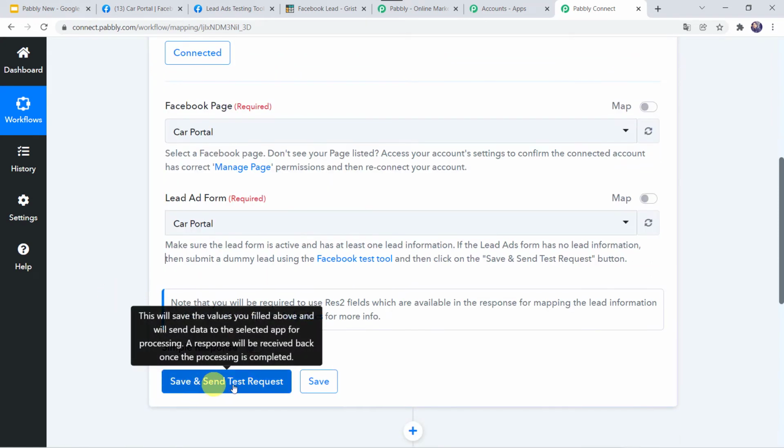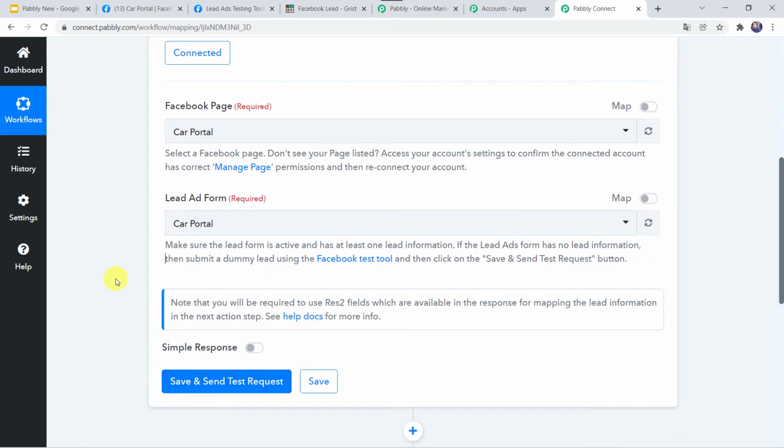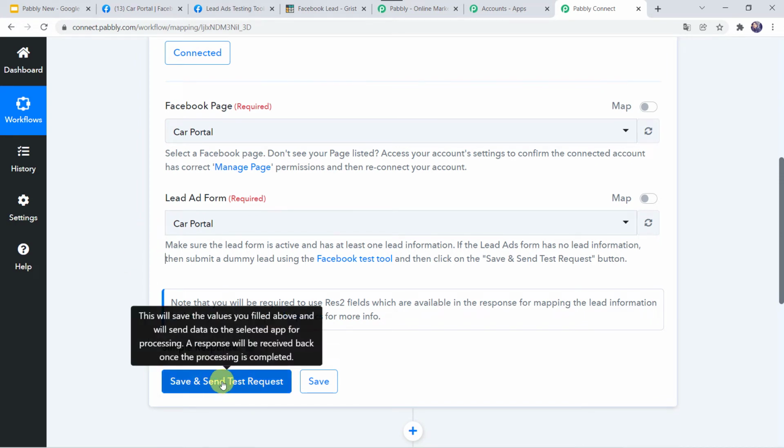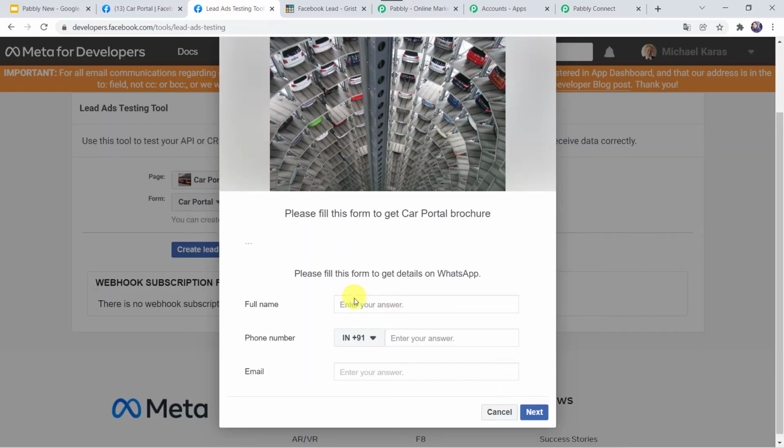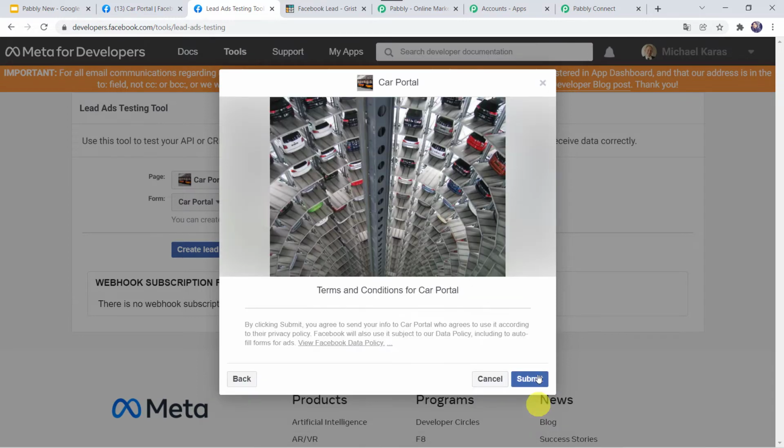Okay. Now before clicking on save and send test request, first let us fill the lead generation form, just because after clicking on this option it is going to capture the latest response. So I'll just go to the form once again. Here we are going to just give the full name as Shikha Arya, phone number, okay, and let's give the email address as shikhaarya25@gmail.com